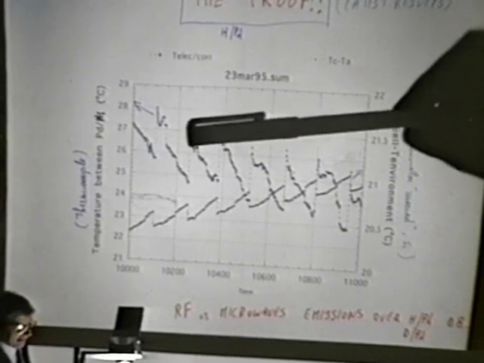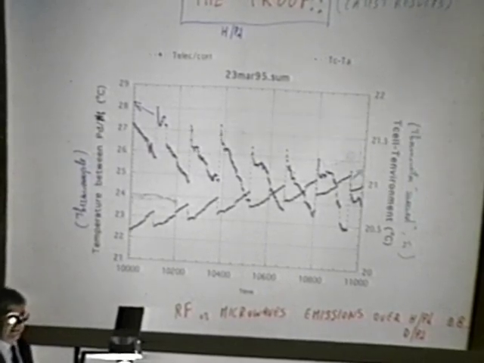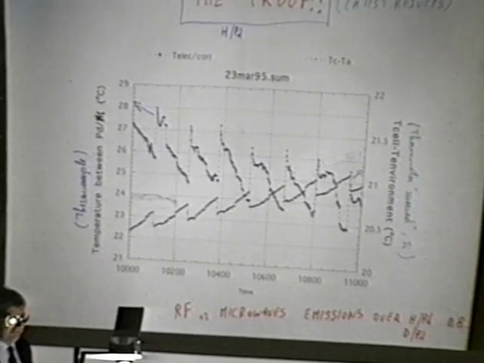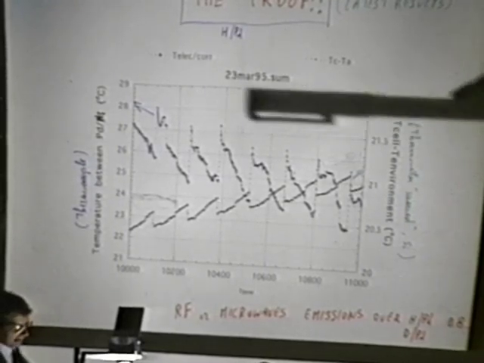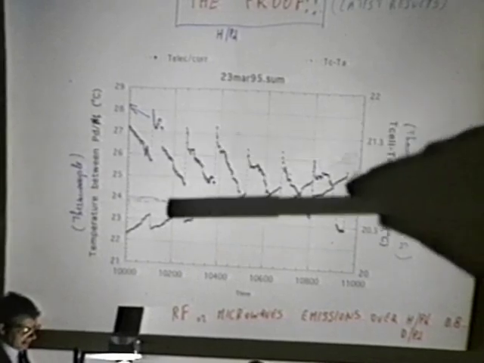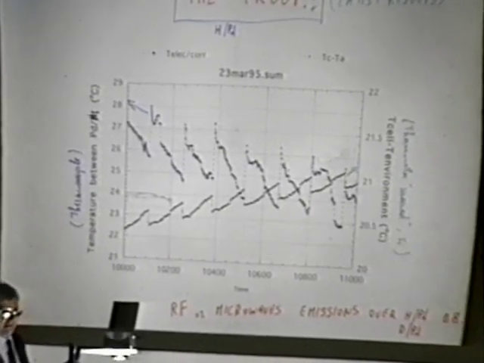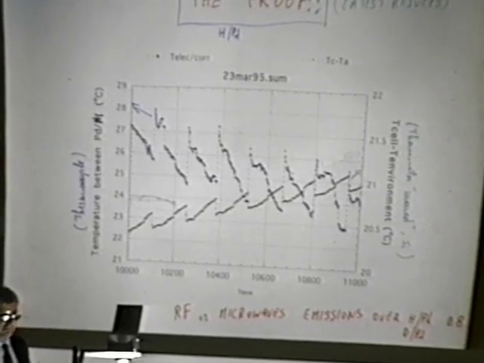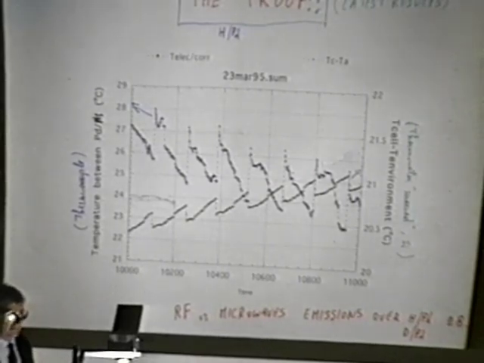So the simple explanation is that there is some emission of radio frequency or microwave or something like that, that affects in a big way the thermocouple, the apparent temperature decrease. But this is the temperature of the thermometer outside. So it seems that some of the energy is taken off because of radiation, because of some radio frequency, something